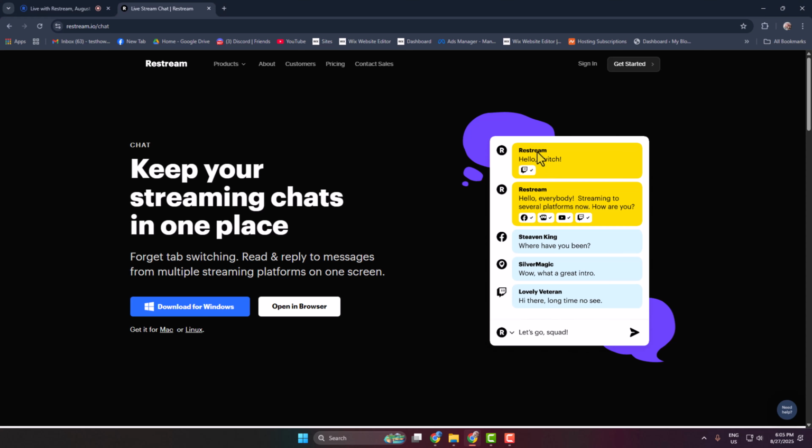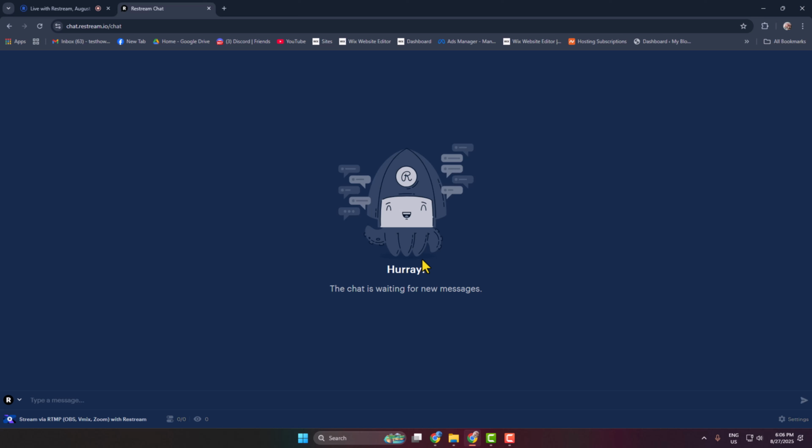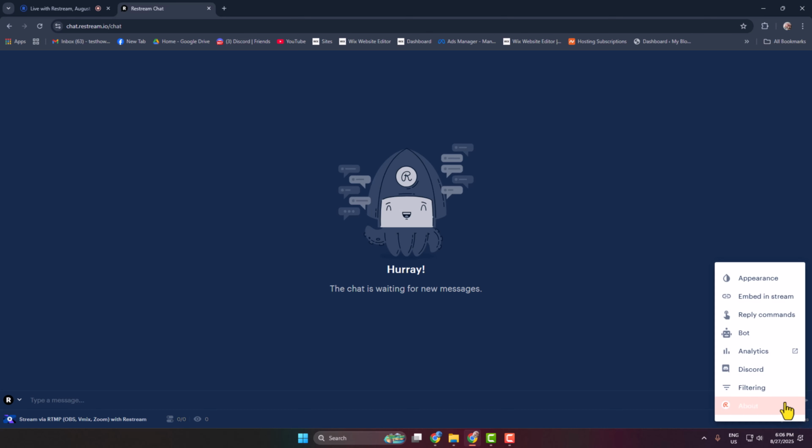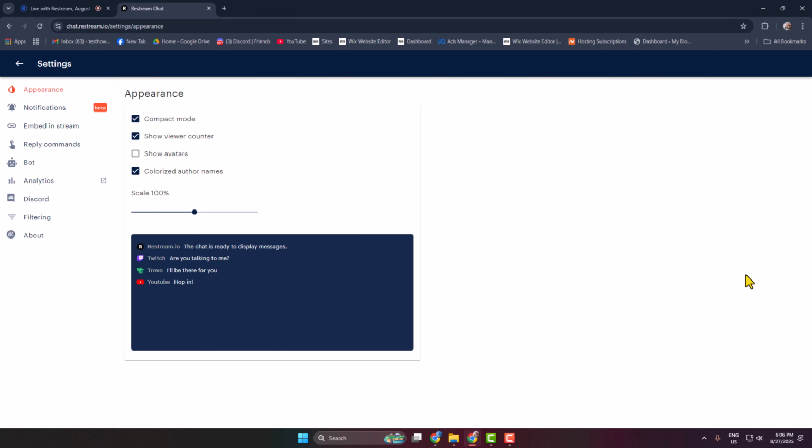First of all, go to restream.io/chat, and this is the official chat dashboard for Restream. Here you can download the Restream chat for desktop, or you can just click on open in browser and make sure you have signed into your account using your Restream account. Then click on these settings at the bottom right corner, and here you have to click on appearance, and here